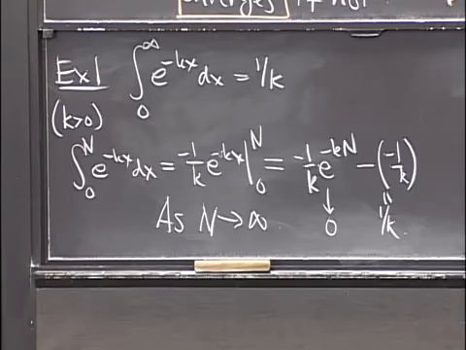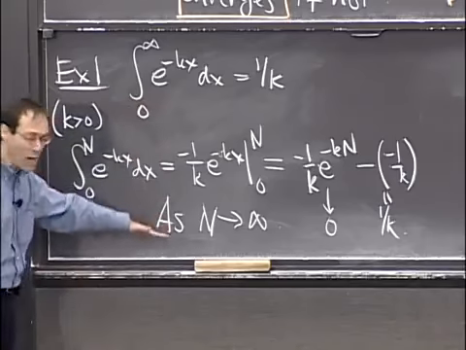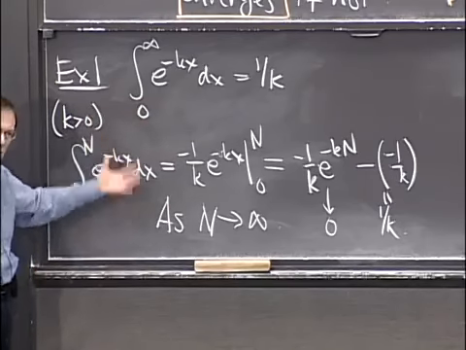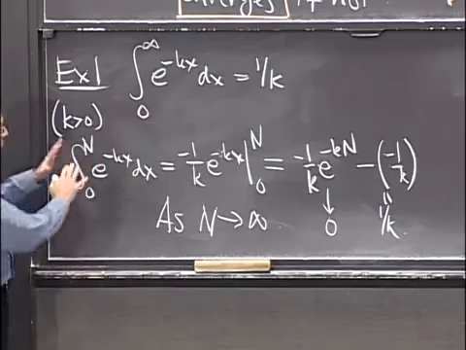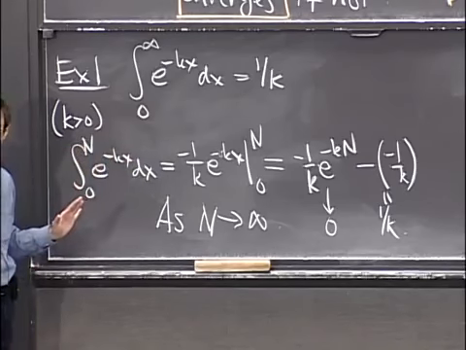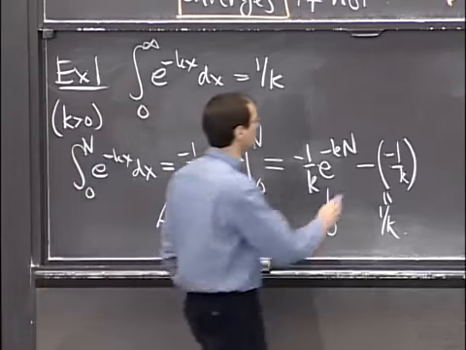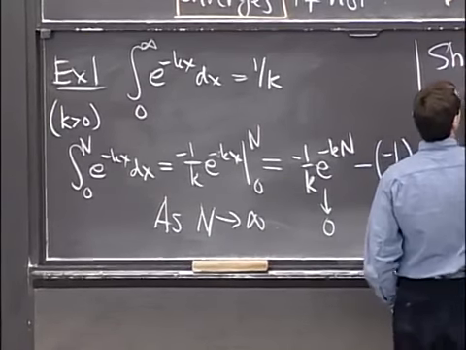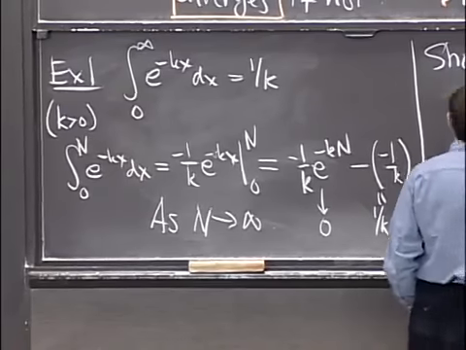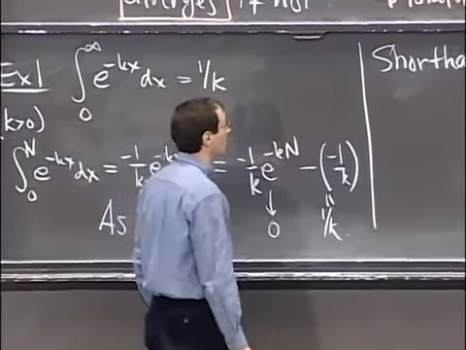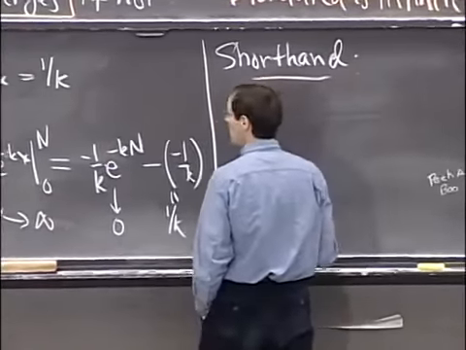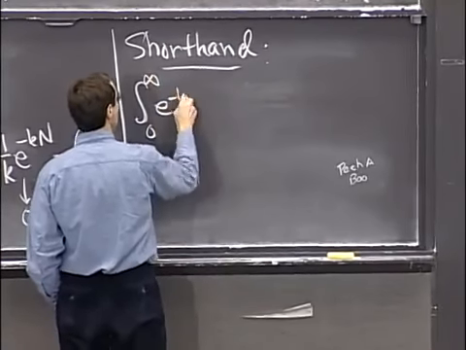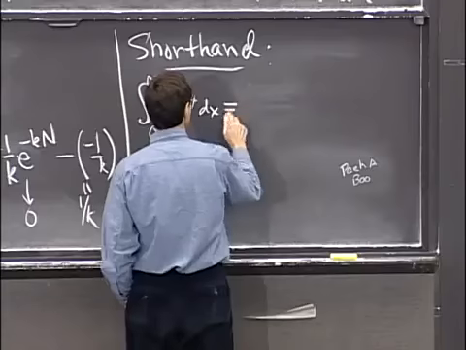Now we're going to abbreviate this a little bit. This thought process you're going to have to go through every single time you do this, but after a while you also get good enough at it that you can make it a little bit less cluttered. So let me show you a shorthand for this same calculation. Namely, I write the integral from 0 to infinity of e to the minus kx dx, and that's equal to